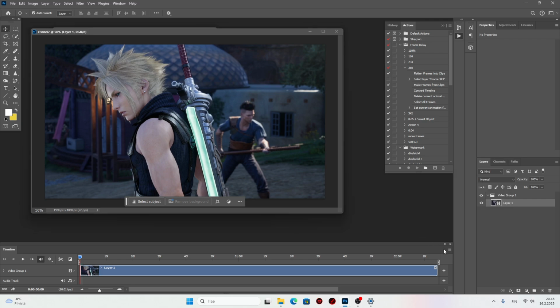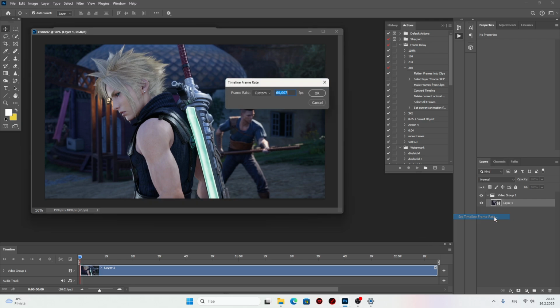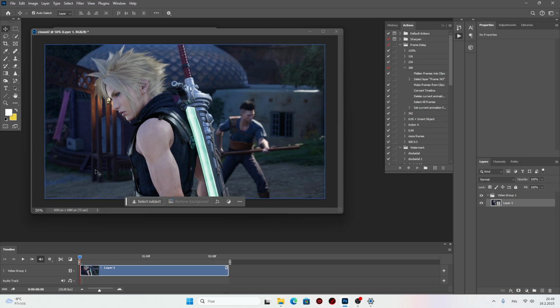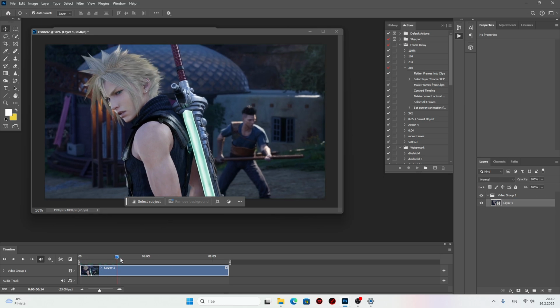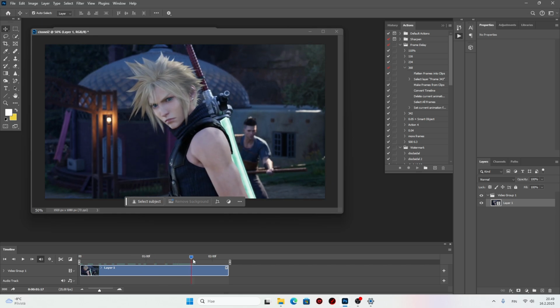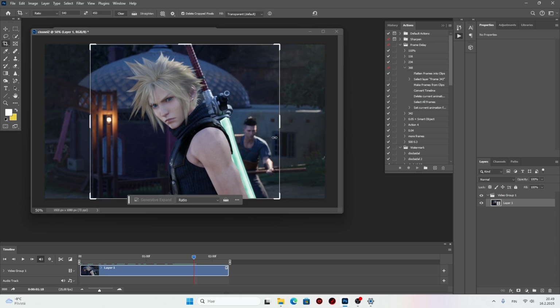I'm gonna set the timeline frame rate to a lower number because I recorded at 60 FPS. So I'm gonna put it down to somewhere between 30 to 24. I use 25. I think it's pretty simple. And then I'm just gonna play it, drag it down. And since I'm using Tumblr sizing, depends where you upload it, but Tumblr uses 540 pixels